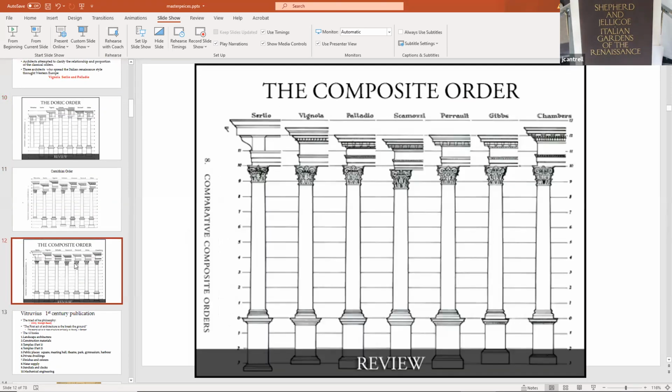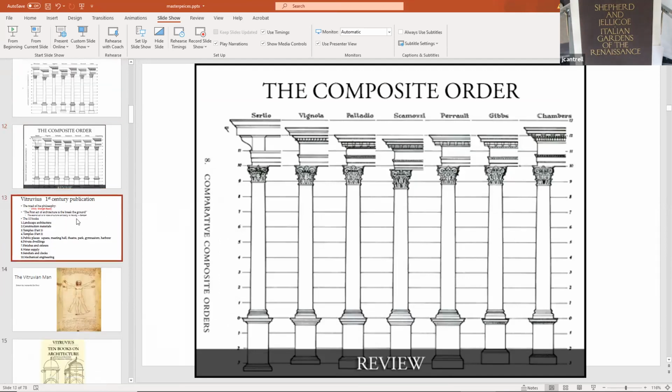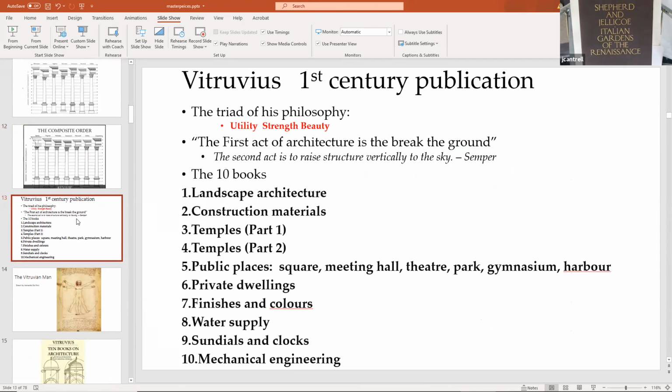If you look at some of the orders on these charts, there's a lot of information to look at and decipher. It's almost a little bit overwhelming. But first, we're going to look at Vitruvius. This is a first century publication, probably around 100 AD, for somebody to write the 10 books. And we're using the word books as chapters. They probably didn't have a huge bound publication, but probably small little pamphlets that Vitruvius wrote. Again, this is first century, so Leonardo da Vinci and Serlio, the Renaissance architect, probably took Vitruvius' sketchbooks and notes and made a cohesive, coherent dialogue of drawings and writings.